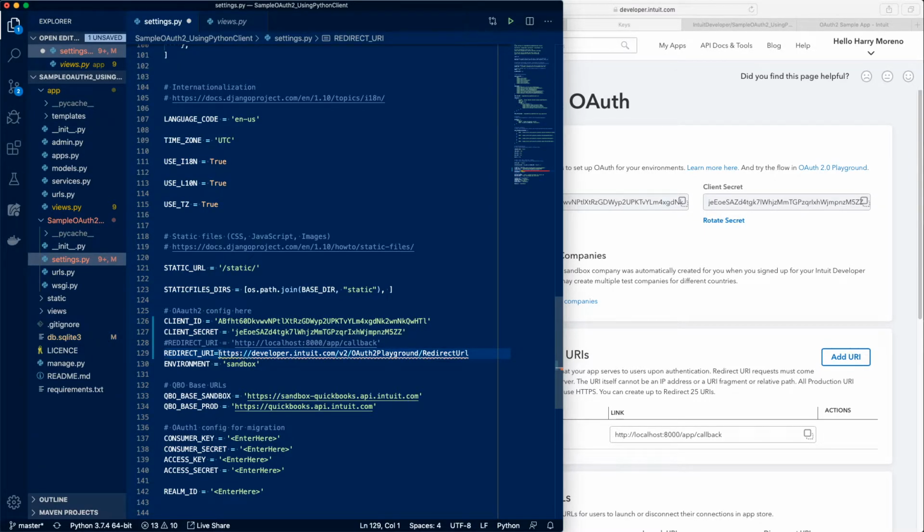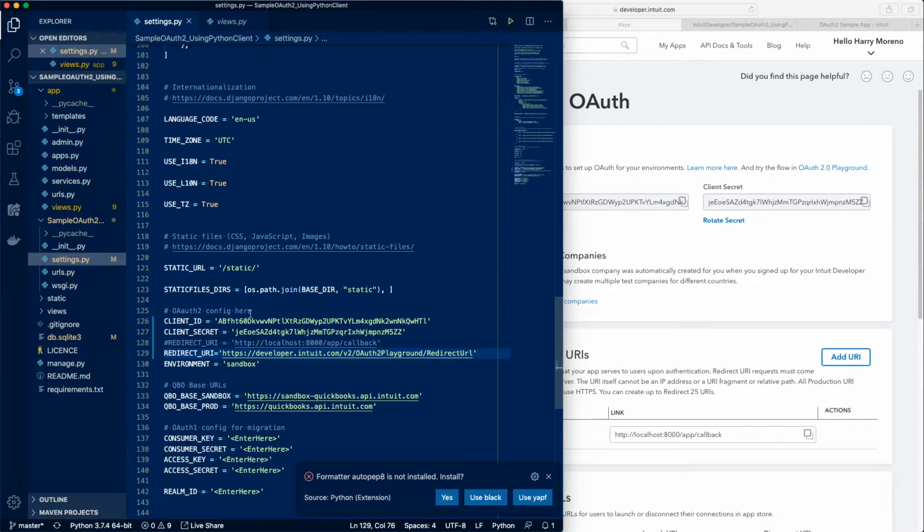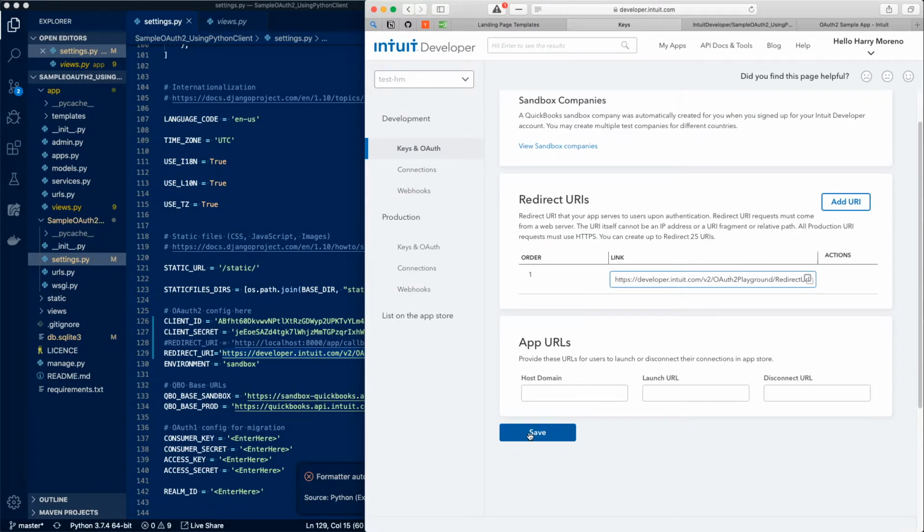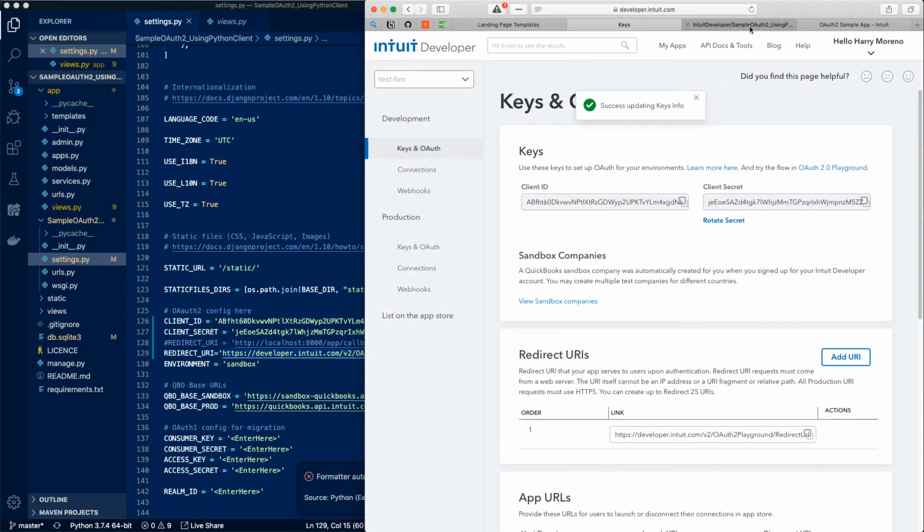This is a mistake that I actually made: I had originally specified the redirect URI to be the sandbox URI that QuickBooks provides. So if we were to try that out to see how the app would behave differently,